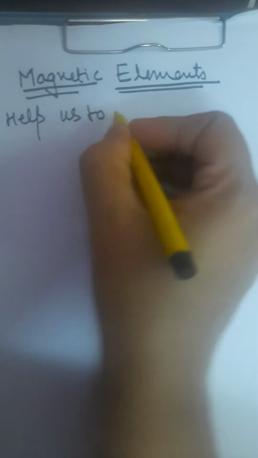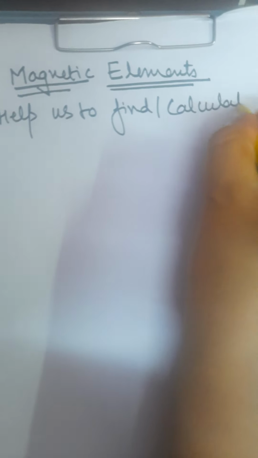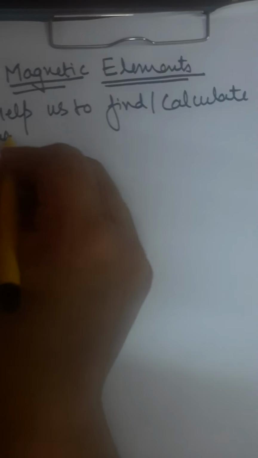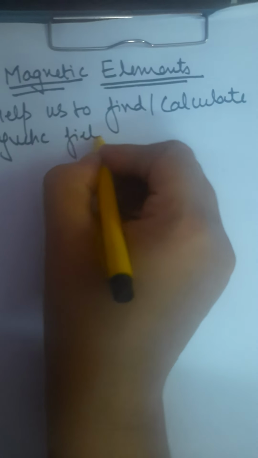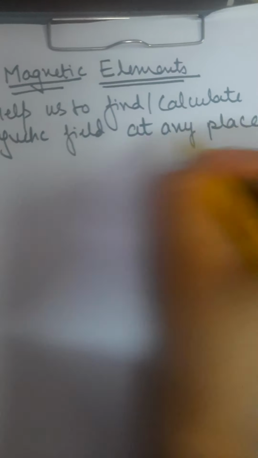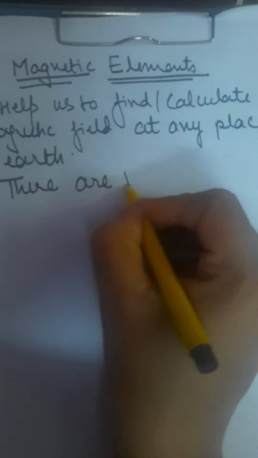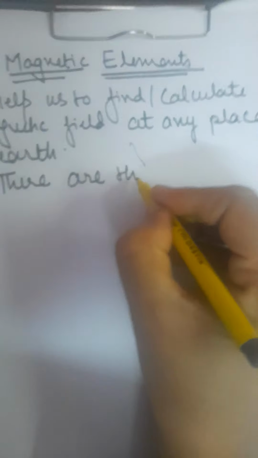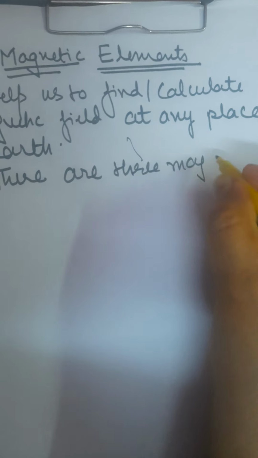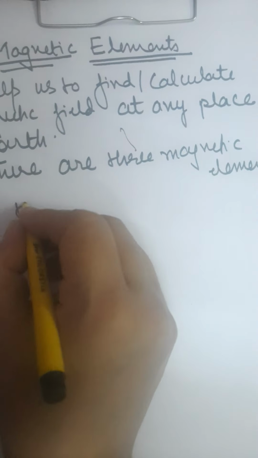Magnetic elements help us to calculate or find the magnetic field at any place on Earth. Children, there are three magnetic elements. They are: